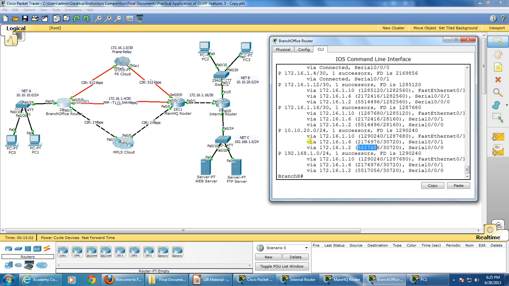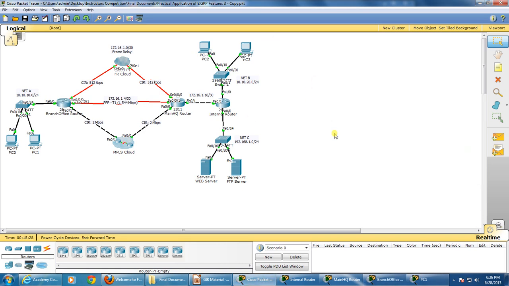So to include these two other paths, we need to change the variance, which is a multiplier. We need a value that makes these two metrics below or less than that value, so that we could tell our router to consider these two other paths also as the best path. So if we're going to calculate that,